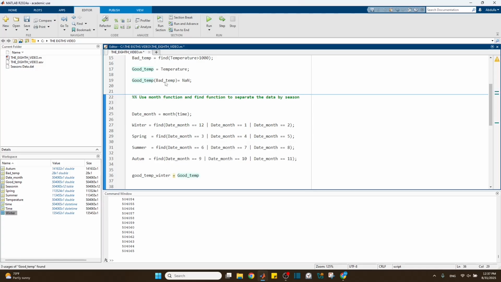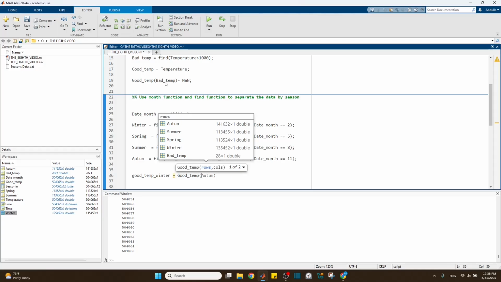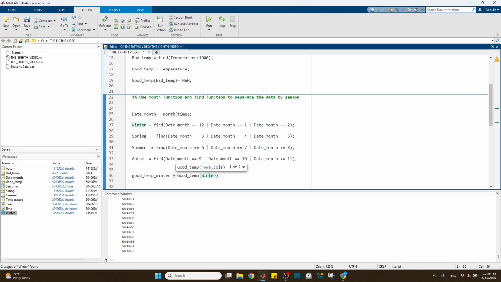So as a good temperature, I'll just subset the good temperature. It's going to be all winter. So I'm basically restricting the good temperature to just the winter months. Any temperature here will be just during winter, during these months, which are 12, 1, and 2. Okay, then equal,